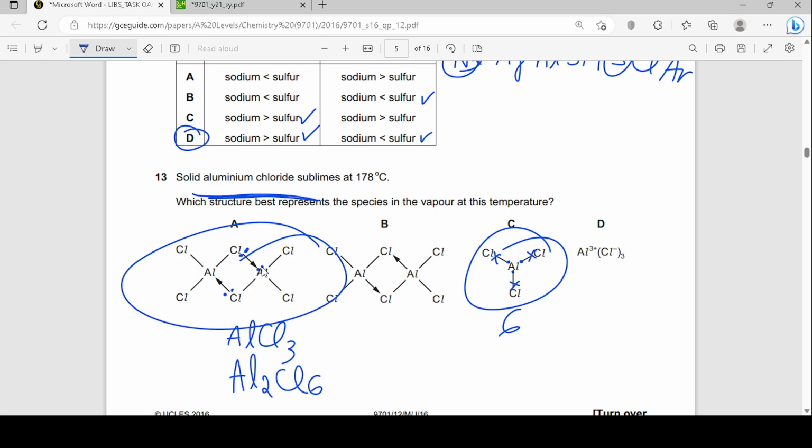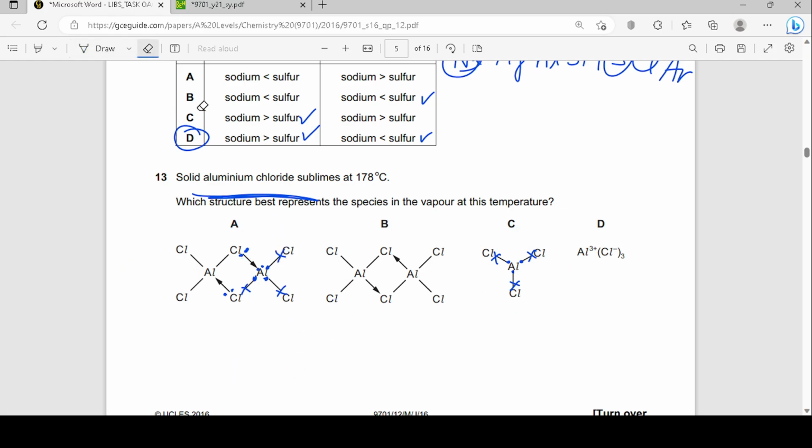So now aluminium has one, two, three, four, five, six, seven, eight electrons. So it has a complete octet now in Al2Cl6. So Al2Cl6 is more stable. All right, and